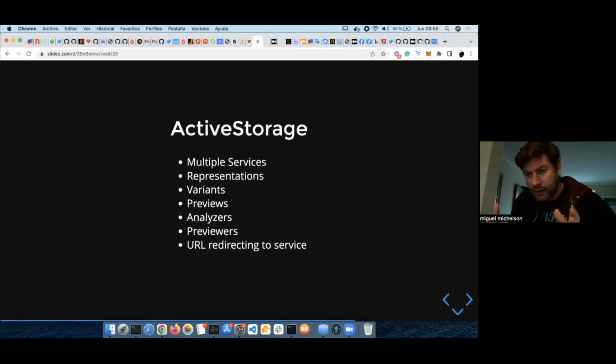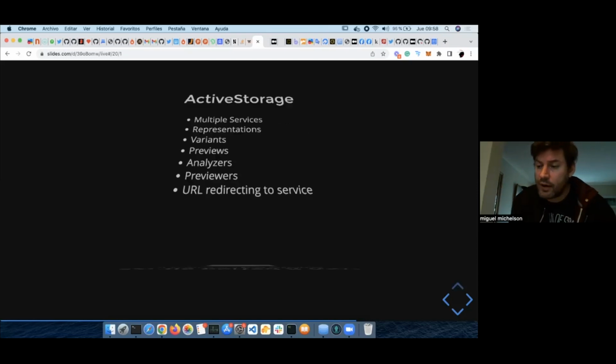ActiveStorage allows you to upload files to multiple services. It allows representations of the files, variants of the same file, previews, many analyzers for audio, video, images, PDFs, and URL redirecting.